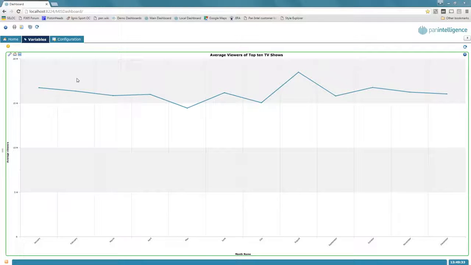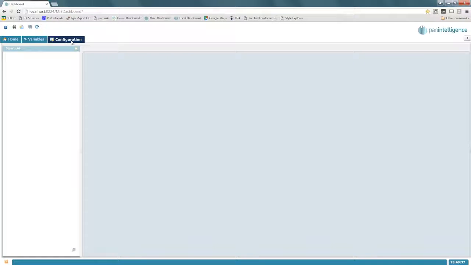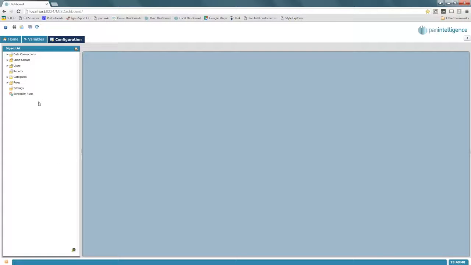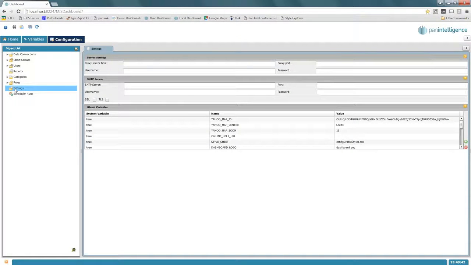So there's a couple of things I need to do first. The first thing is I need to set up the variable. To do that, I click on Configuration. I double click on Settings, and then I have a list in front of me of all of the defined variables. These are system variables that we don't play with, and we need to add a new one. I click on the little green plus symbol,